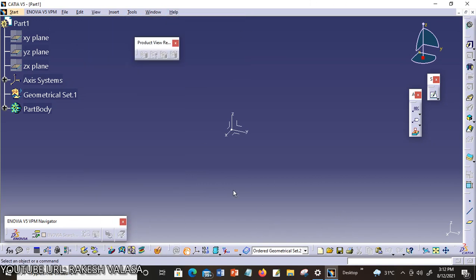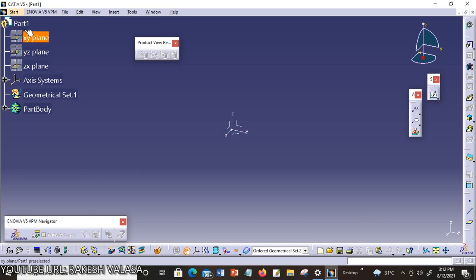A toolbar works as a container for options that are used to perform various tasks while working on a CATIA V5 object. You can see here a set of toolbars that appear below the menu bar, like the view toolbar, standard toolbar, properties toolbar, etc. However, the standard toolbar is present in all the workbenches. This is the standard toolbar. It consists of new, open, save, save as, print, cut, copy, paste.